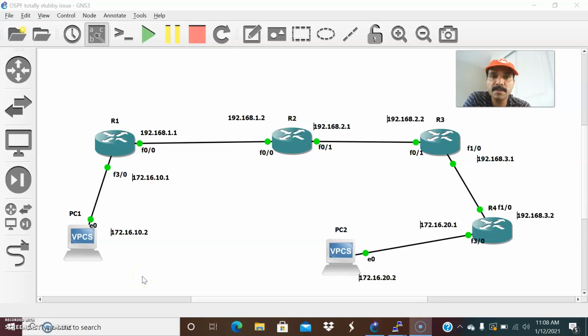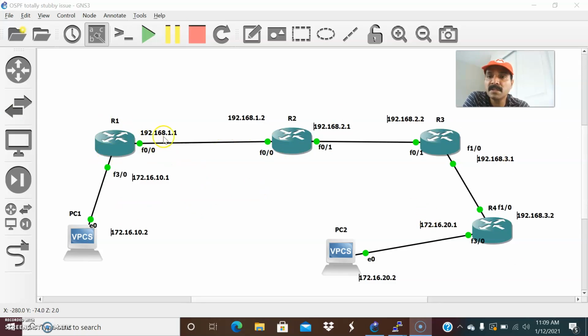Today let us discuss and debug the OSPF's totally stubby issue. The point of this video is that first we have to understand the difference between stub and totally stubby. Stub is used to block only the external routes, but totally stubby is used to block the external routes and also routes from another OSPF area in the same OSPF domain, right? It not only blocks the non-OSPF domain, it also blocks routes from other OSPF areas. So that is the purpose of totally stubby.